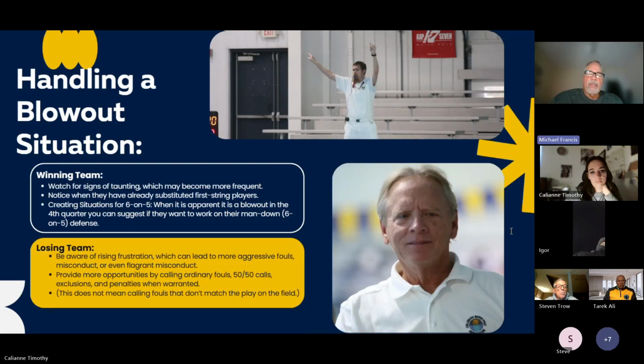Notice when the teams have already substituted their first stringers. They may have already substituted after 5 goals, 6 goals. Well, it's just second string in. Let's just see how it goes from there. And some teams even have a third string. So you don't want to start making makeup calls or doing things that change the integrity of the game at that point. Just keep an eye on it as teams change situations.